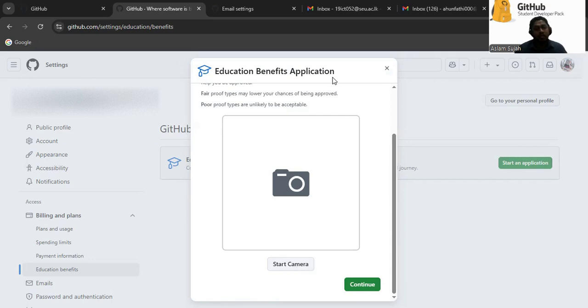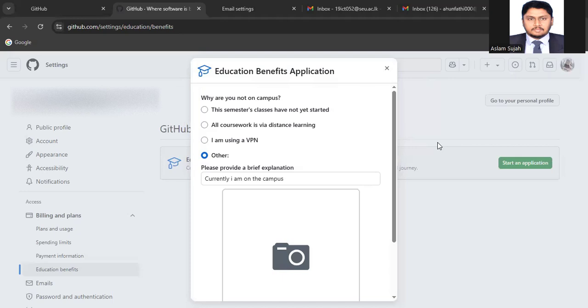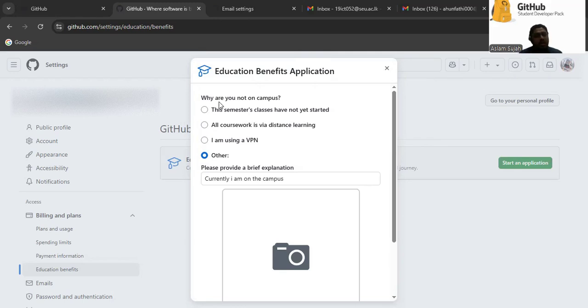Right now, I can stop the screen. So once you upload your student ID card successfully, they will ask a question. Maybe in the previous window you provided the location to share. Sometimes your location is not correctly identified, then they will ask why you are not on the campus. So maybe you can click this one, and you can provide